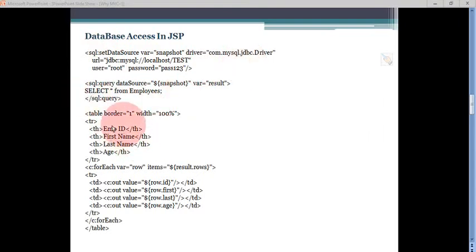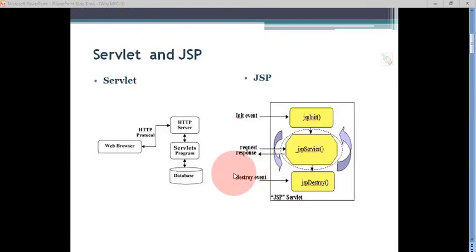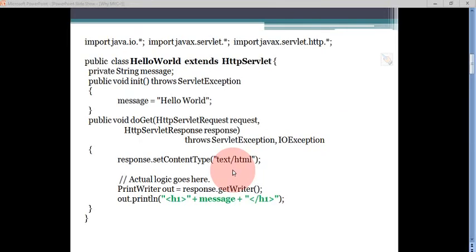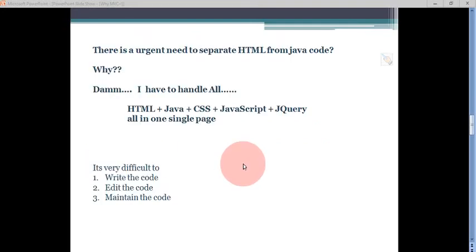Then this is the HTML part, and these are the JSP tag libraries which we have used here. Now the HTML code is again meshing up with the Java code. Now to solve this problem, we need a clear separation between your business logic and your HTML. Now here is where the MVC comes in.